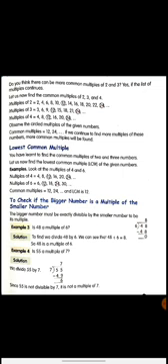Look at the multiples of 4 and 6. Multiples of 4 are 4, 8, 12, 16, 20 and 24. And multiples of 6 are 6, 12, 18, 24 and 30 and so on. So the common multiples are 12 and 24. But the lowest common multiple is 12. So 12 is the LCM of 4 and 6. So to find the LCM, we have to find the smallest number which is a multiple of the given numbers.